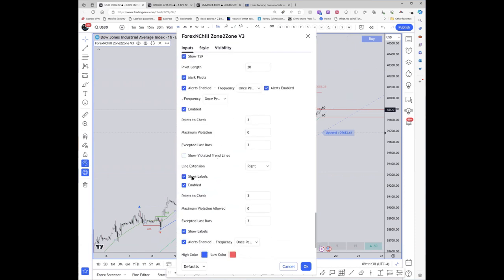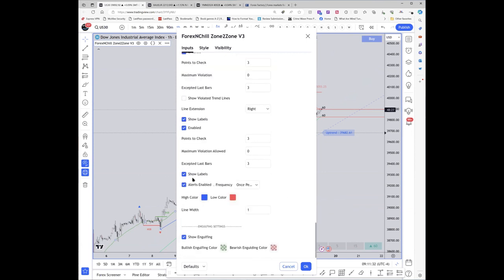Show the labels on your trend lines. I have yes. And down at the bottom, this is for showing bullish and bearish engulfings. You can turn it off and they will not show. It will go back to your regular candle color. You see this change back to white. If I turn it on, my bullish engulfing is green, and there's my bearish